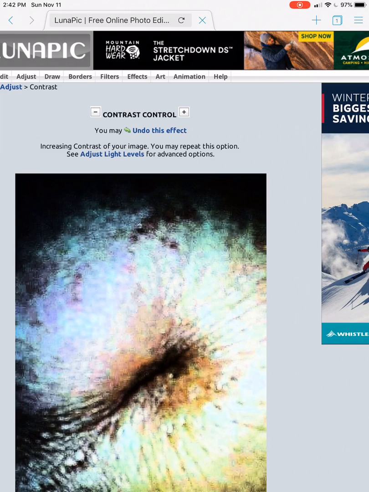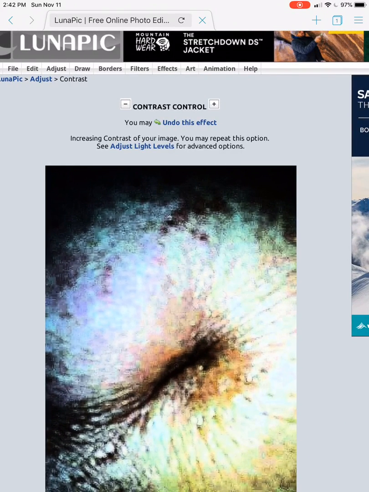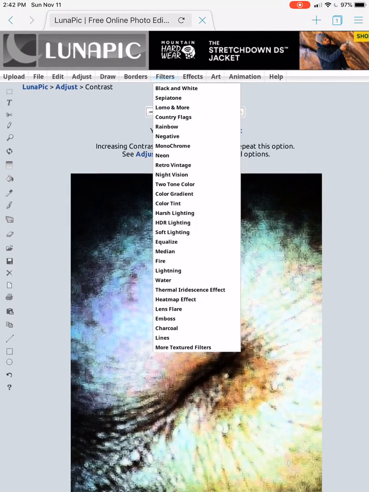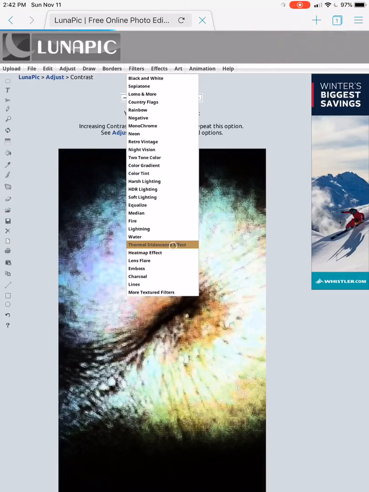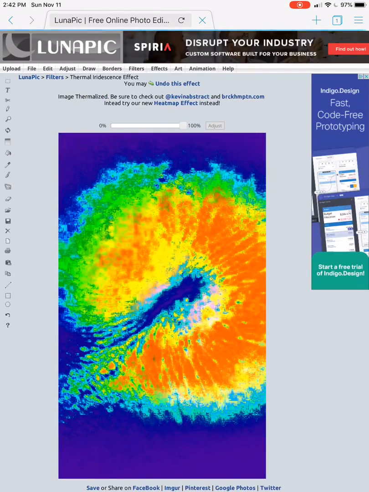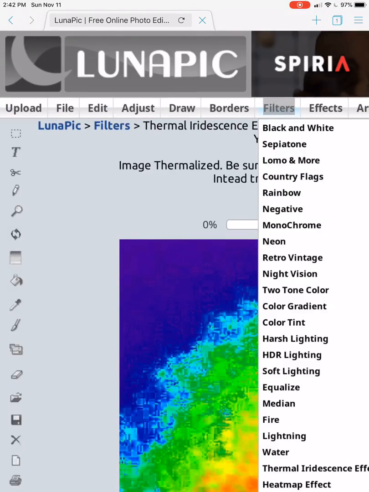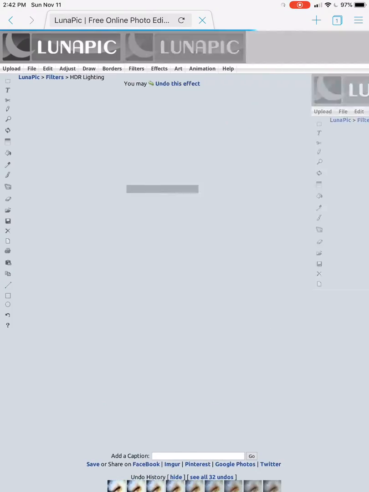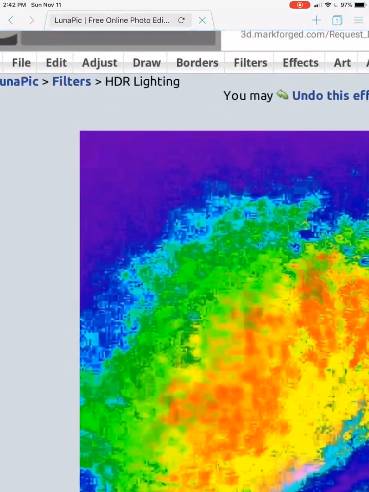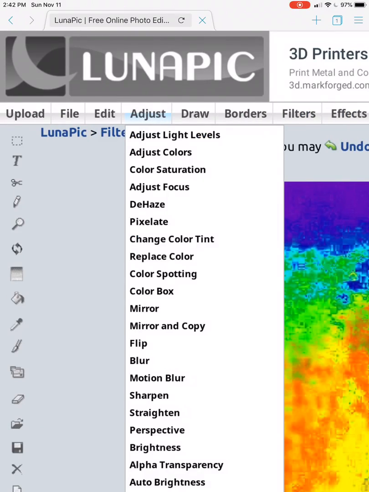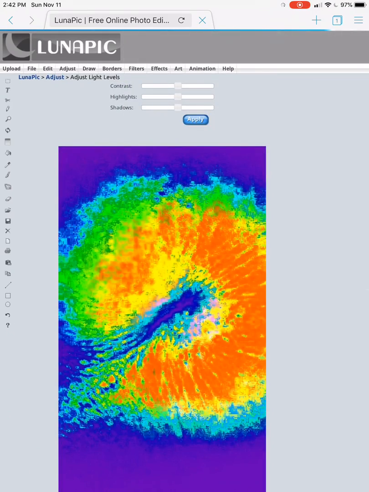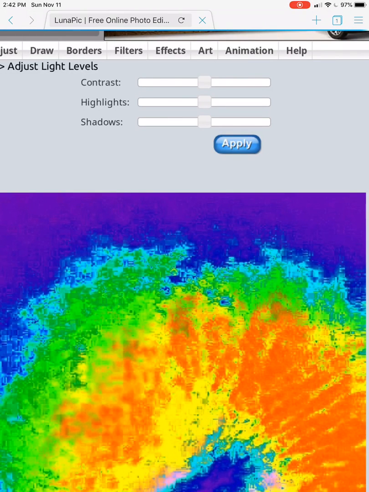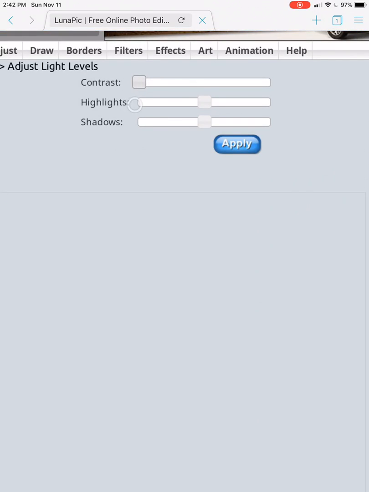Okay, now I'm going to go to filters, to thermal iridescence effect, then back to filters and HDR lighting. Then I'm going back to adjust light levels, and each one all the way to the left, it doesn't have to